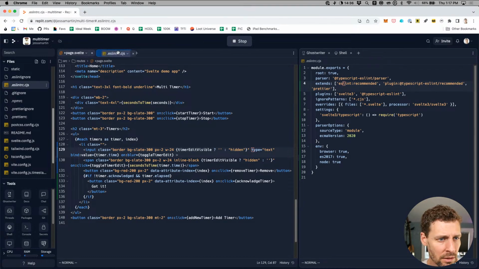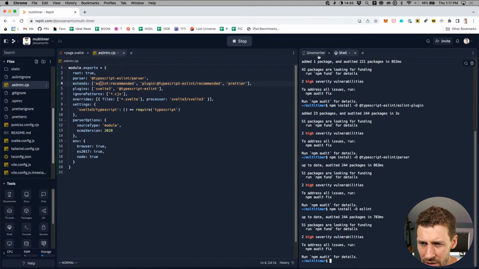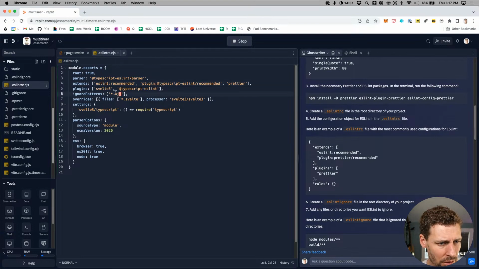Ghostwriter: ESLint RC extends ESLint recommended, extends plugin TypeScript ESLint recommended, and plugin prettier. Interesting.